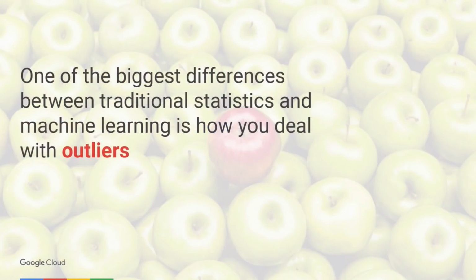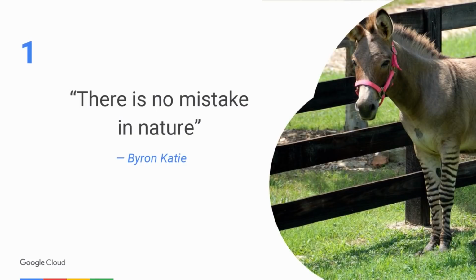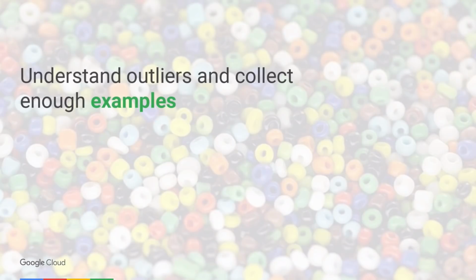I'll be sharing with you 12 Zen principles. And along the way, you'll find that the biggest difference we're highlighting here between traditional statistics and machine learning is how you deal with outliers. What you're looking at is a zonkey, a cross between a zebra and a donkey. Just to drive home the point that there are outliers, and we'd love for our predictive models to know what to do when they see them. And in order for that to happen, we need to understand and collect those outliers and have them in our sample data sets. Along the way, I'll be introducing how you can do this using Google Cloud Platform tools, including